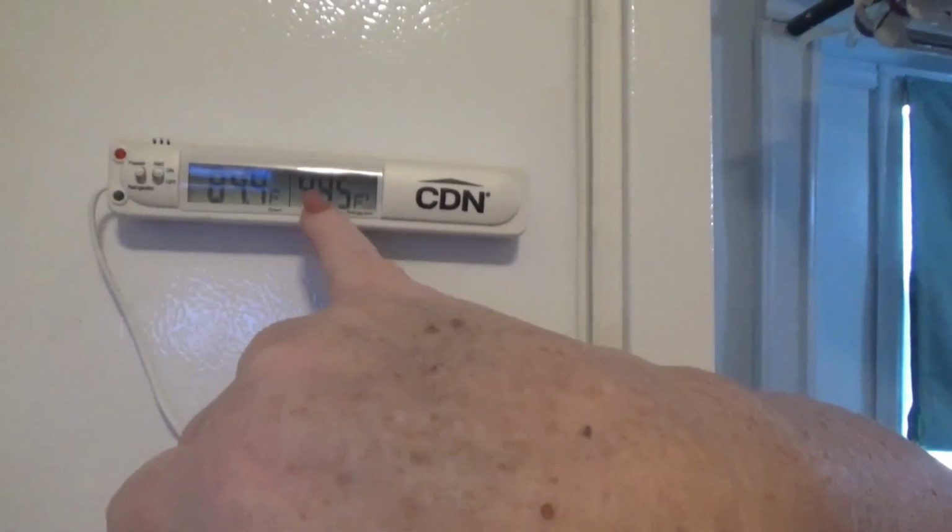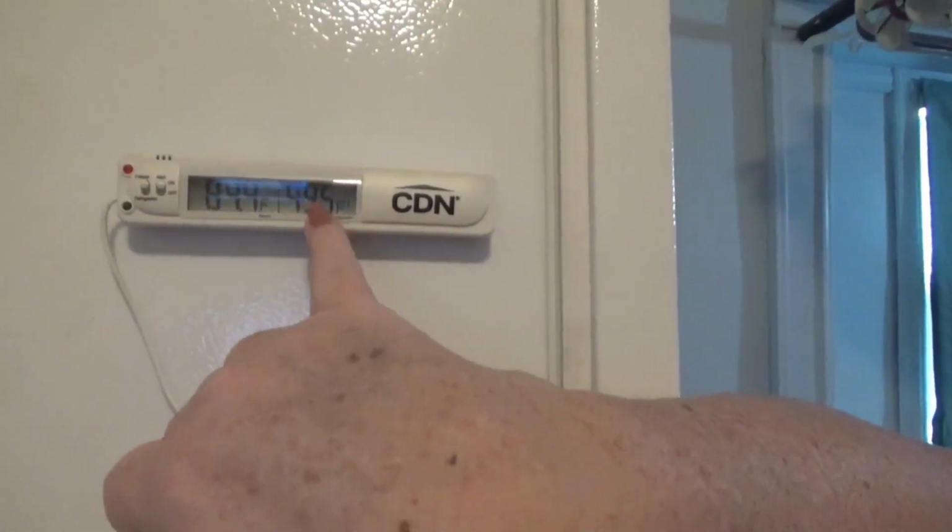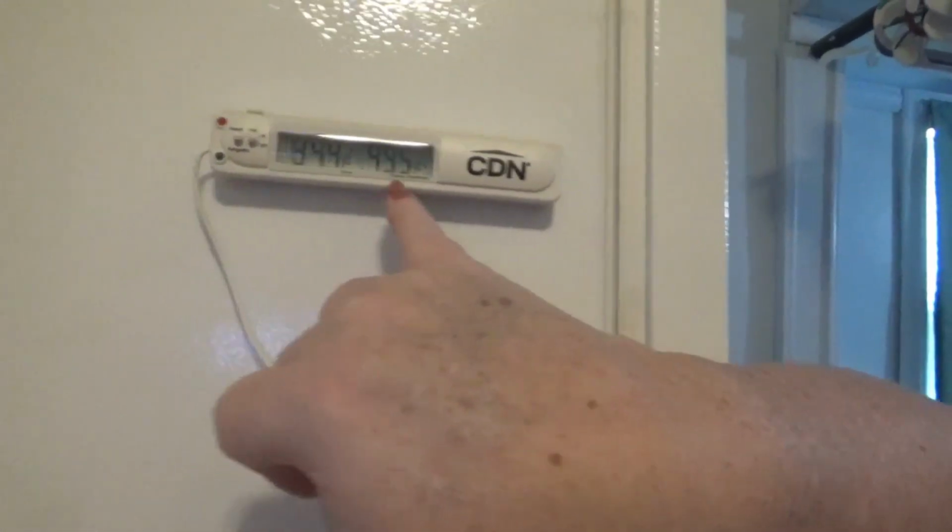And it will tell you the temperature of the inside of the freezer. It has gone up because I've had the door open. It'll go up and it will beep. It will alarm and let you know, hey look, you are...